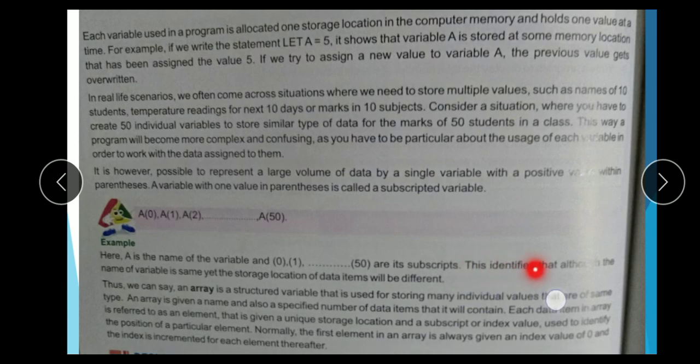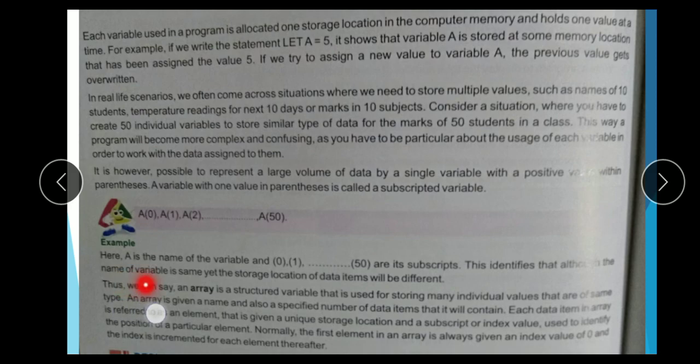It's defined that the name of the variable is the same, yet the storage location of data items will be different. Means just like you store a variable let a equal to 5, same location store, but 50 variables, 50 values, you can store in a single location.